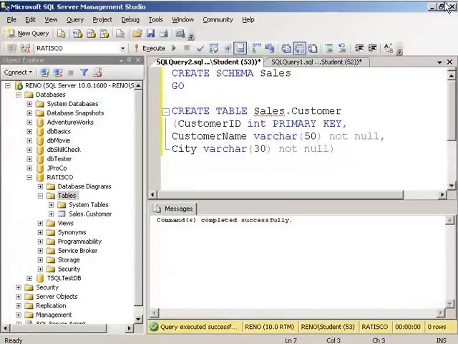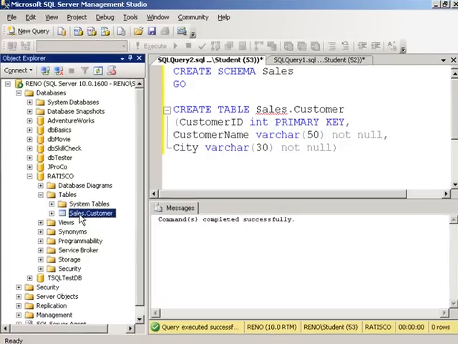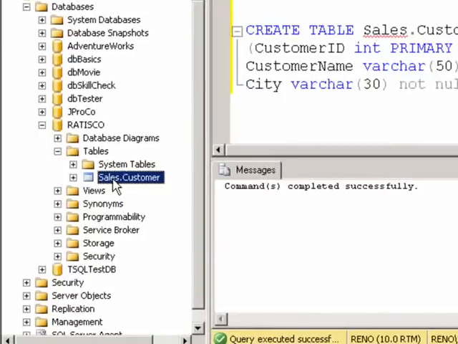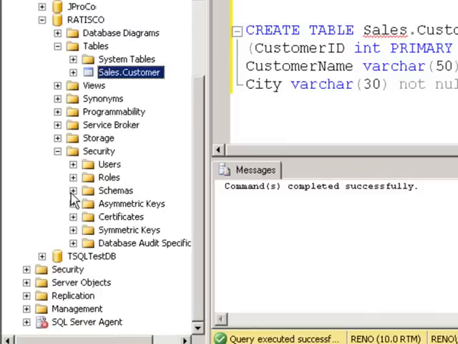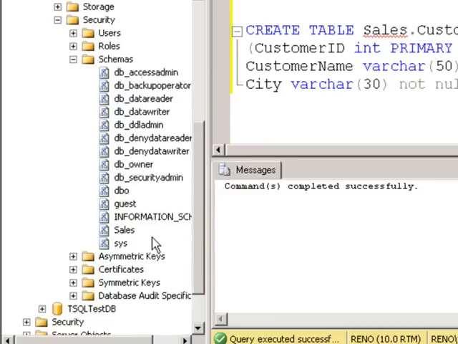So how do you verify what schemas are existing on your database? In this case, let's look at the RadioScope database. We know we have a sales schema now, but there might be other schemas that you created, or there could be schemas that the system has created for you when you installed. It's in a very counterintuitive place. You don't expand the tables folder, you expand the security folder, expand schemas, and here are all of the schemas. Now, some were created for you by the system,